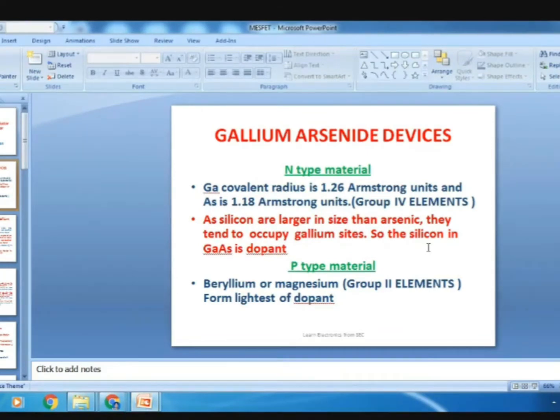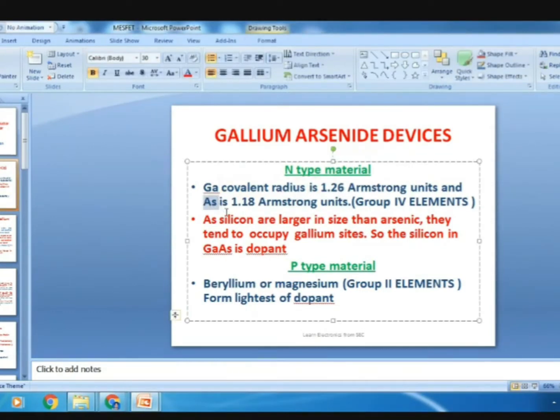And if we observe, all the 3 atoms will be there in a random manner, and how the bonding will go on means gallium covalent radius will be 1.626 Angstrom units, whereas arsenide, As here, will have 1.18 Angstrom units, and the silicon size will be larger than arsenide, so it's obvious to occupy the gallium site only.